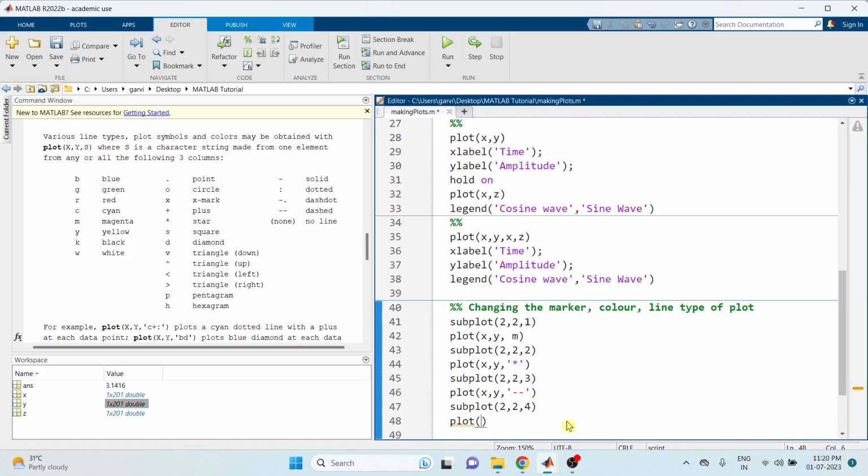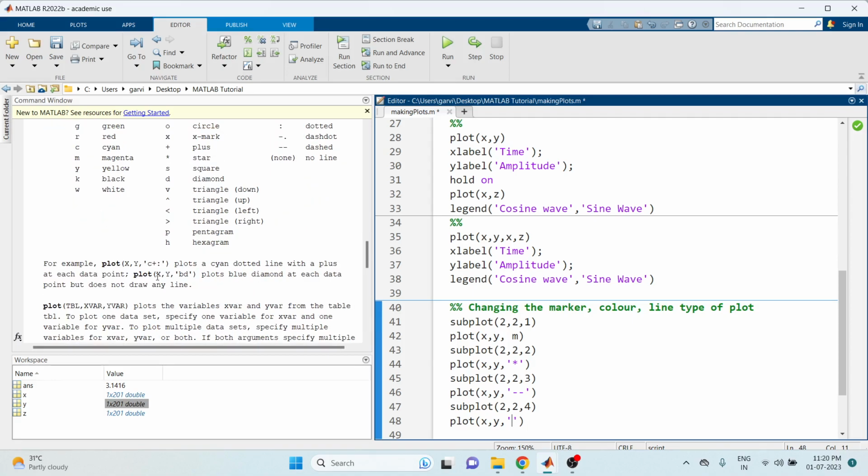I will make use of plot x comma y, and I will combine these. I think the correct syntax for doing this would be, so you can see this here. For example, I can give it in this way. If I want color C, that is cyan, and make use of plus sign, and I want to make use of a dotted line. So I can create a green one, and can make use of,